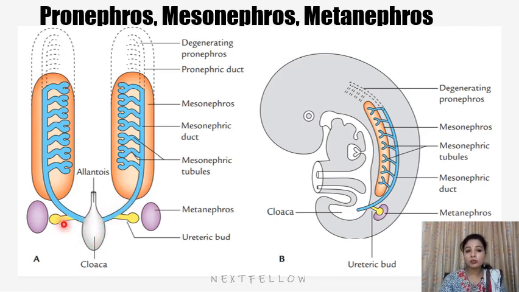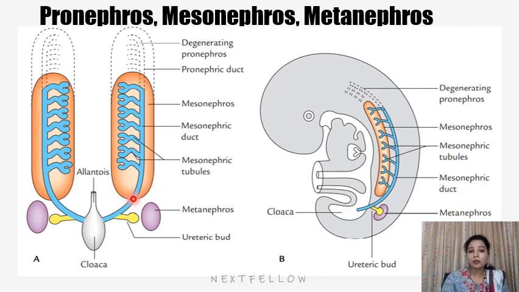So you can see the mesonephric ducts open into the urogenital sinus, and the ducts and the tubules of the mesonephros form the tube to convey the sperms from the testis to the urethra. So they form the vas deferens. They form the ductal system in men, whereas this mesonephric duct or the Wolffian duct in female is mostly